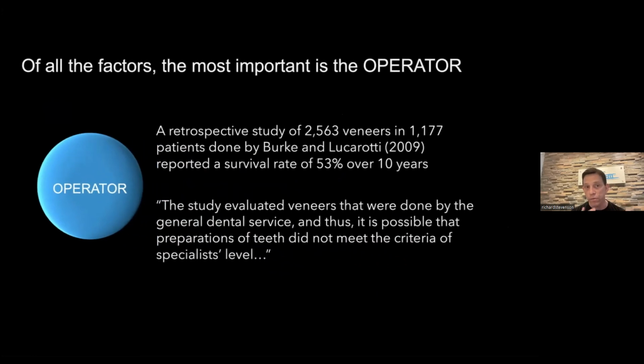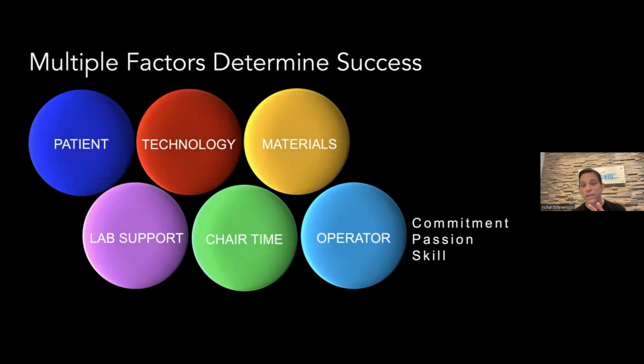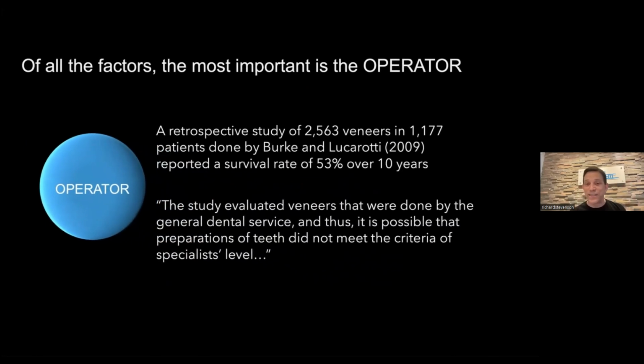Of all of those factors, the most important is the operator. And this is not what most dentists would like to hear. Most dentists would like to say it's all those other things. It's not me, man, but it is you. And studies actually show this. They show that